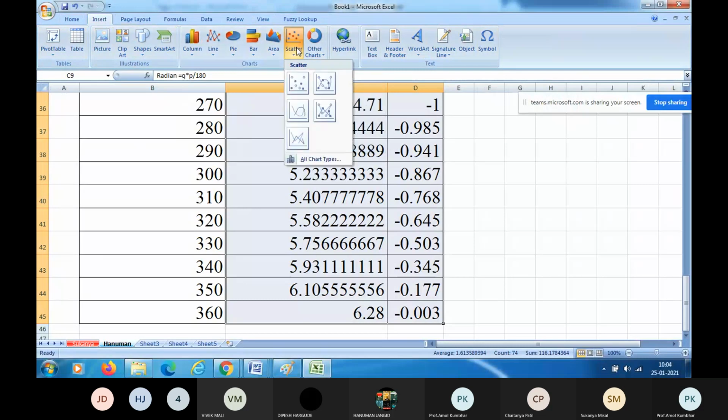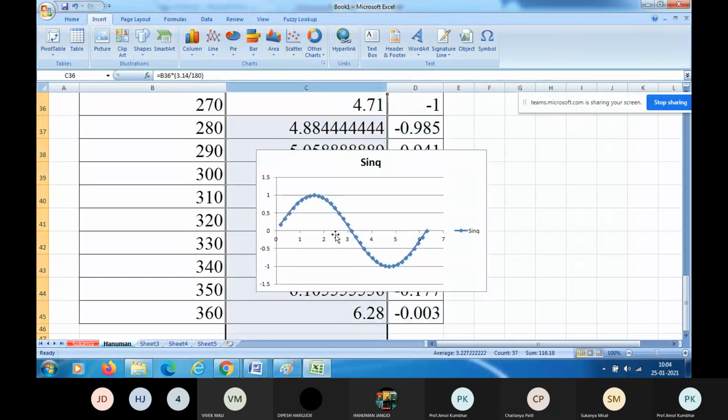Once you select scatter, there are different options available to you. Let us select chart number 2. In scatter we will select this chart, right? Scatter with the smooth line. Look again, scatter with only markers means only marks will come in the graph. Look at the second graph, scatter with smooth lines and markers, right? So let us select that scatter with smooth lines and markers. Double clicking on that, you will get the graph.